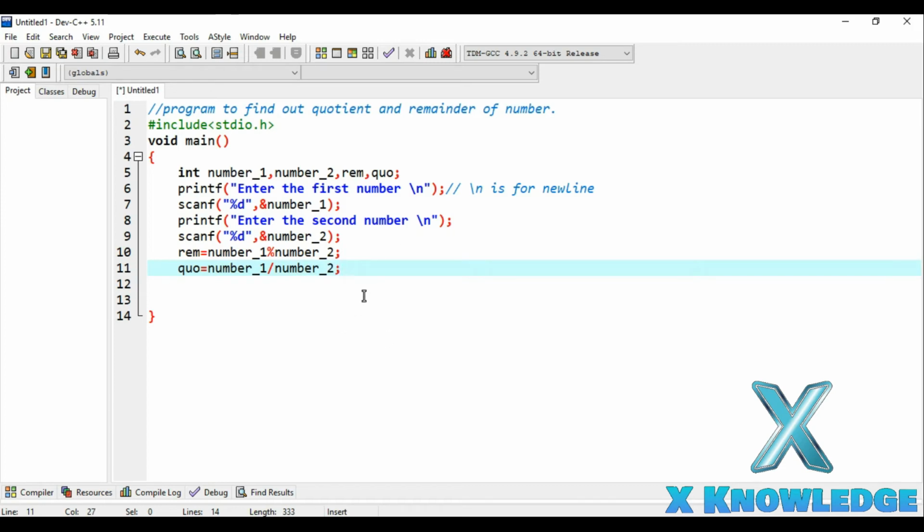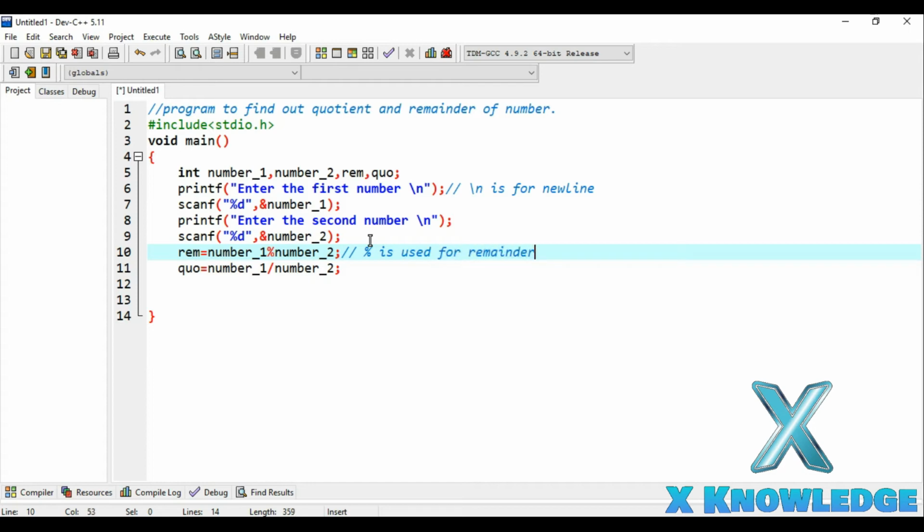Now we will use the printf function of the stdio.h library to print the remainder as well as the quotient. But before that, let me do the commenting. Percentage is used for remainder, and div is used for calculating the quotient.